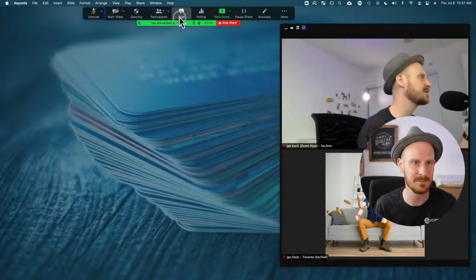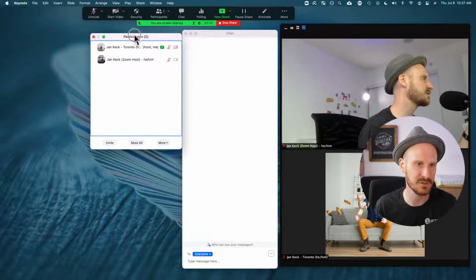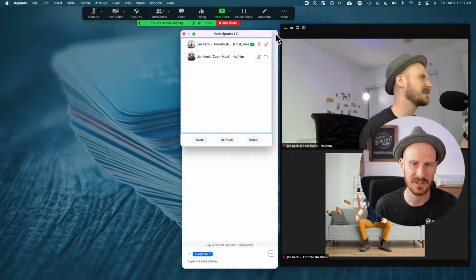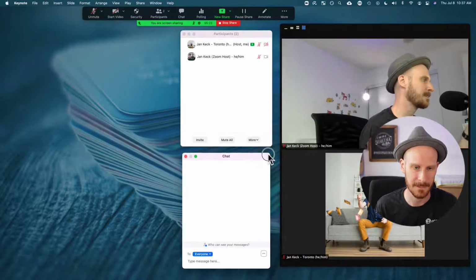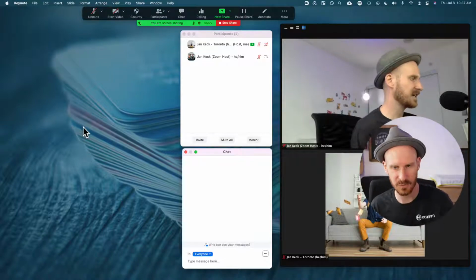I can make this really big. I can have the chat open. I can have the participants window open. I could have my presenter notes on that empty space over here. And what participants are seeing is